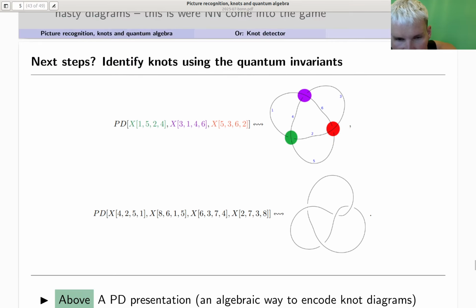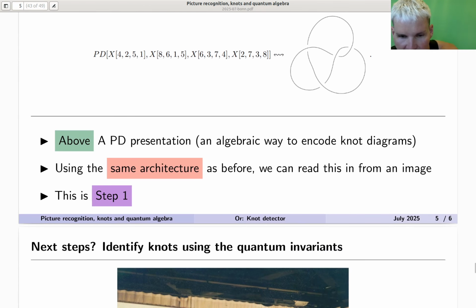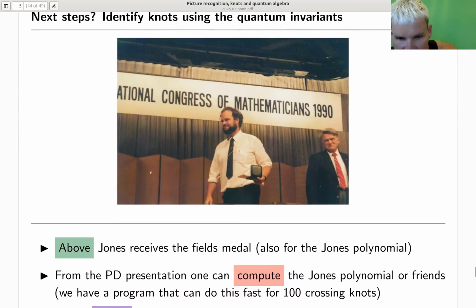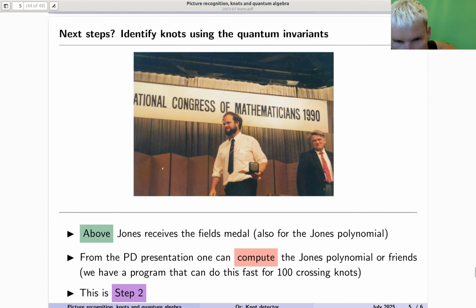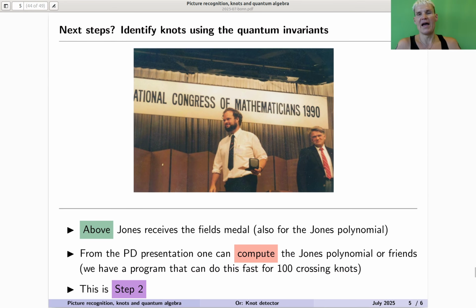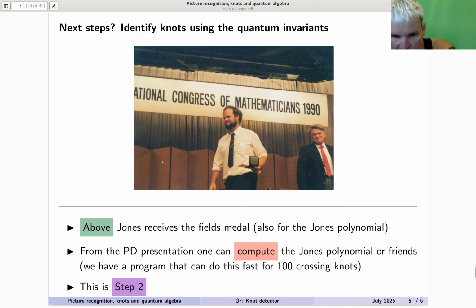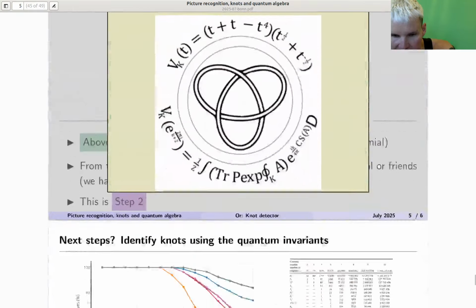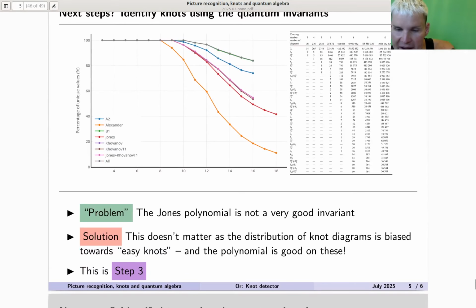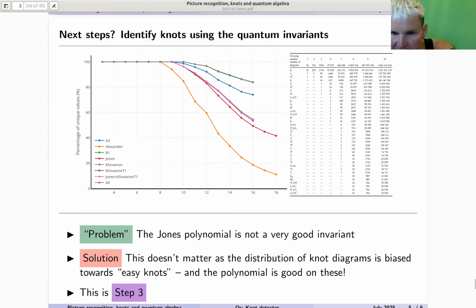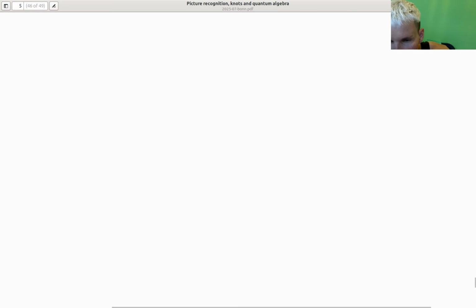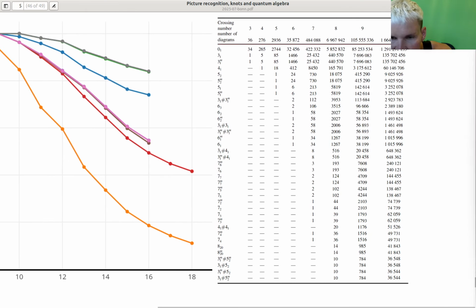And then as soon as you have this algebraic presentation, you can run a classical algorithm to compute, let's say, the Jones polynomial, and then try to recognize the knot. And this actually is supposed to work very well. And on the final slide, I explain why I expect this to work very well: the Jones polynomial is actually a pretty good invariant on small knots,